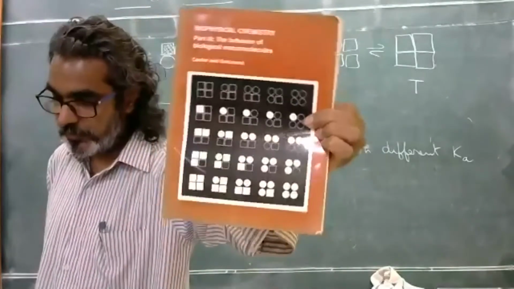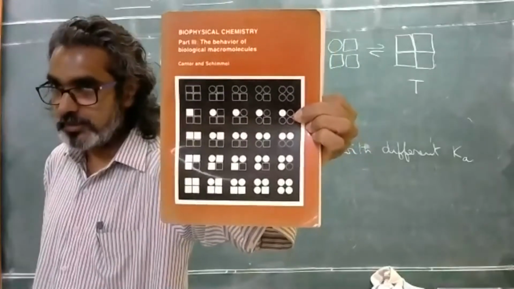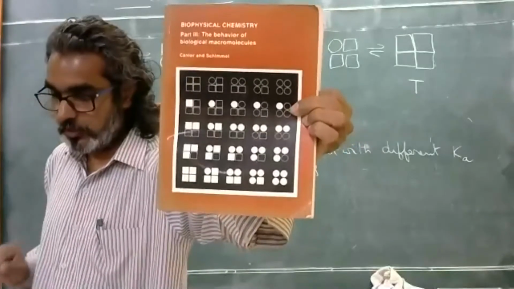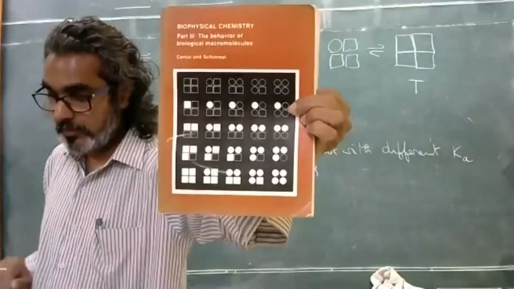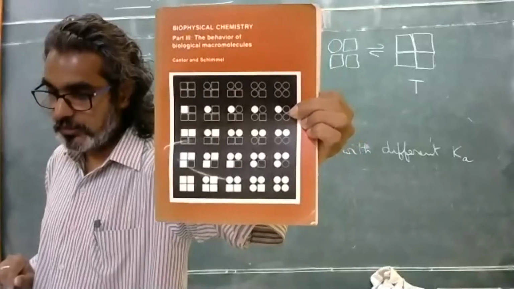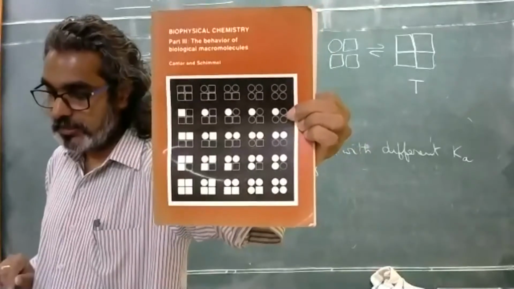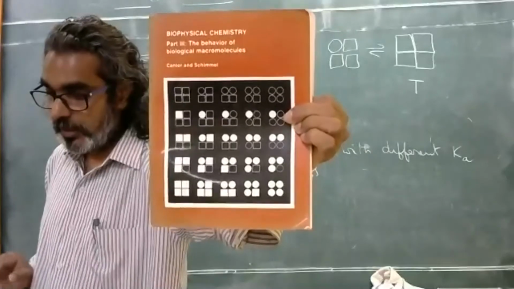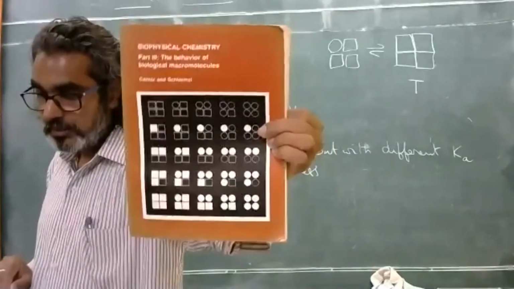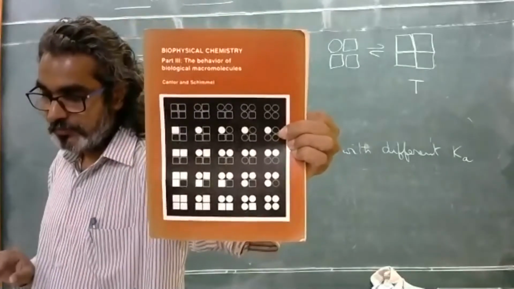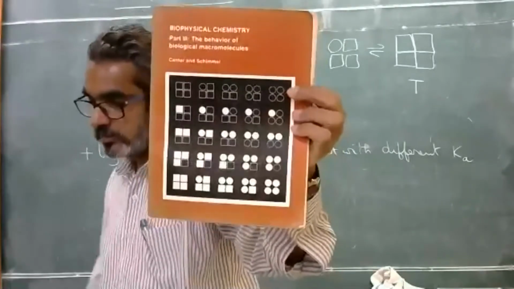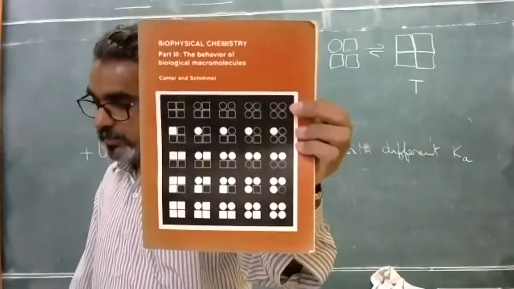Here it is depicted that the top row is protein. Imagine a tetrameric protein like hemoglobin, where there is no ligand. So you have all possible states clearly. You can see the squares are tense at the left, and the extreme right is circles, relaxed. In between, though you think there are 2 to the power 4, 16 states possible, some are indistinguishable. In the middle three, depending on which unit is turned, they are distinguishable, but these are kind of indistinguishable states.